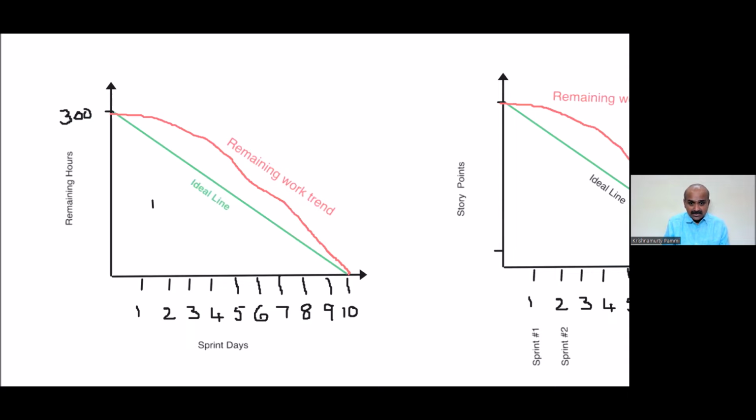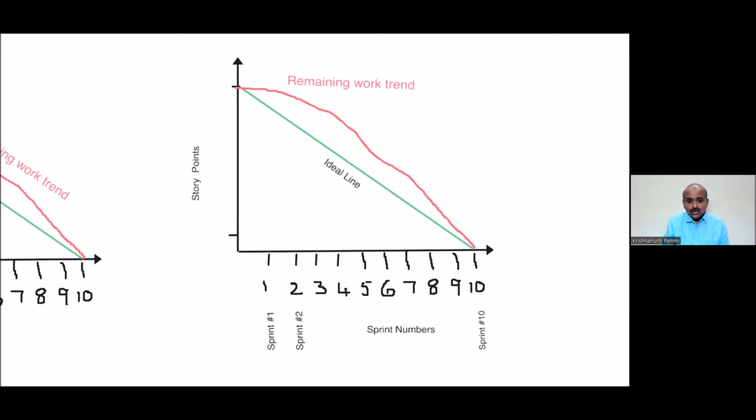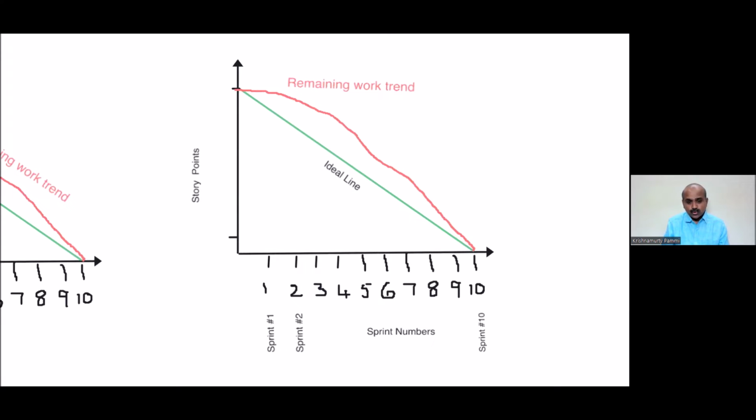the y-axis. But to track total product progress, it may be released, and it may span across multiple releases, right? You wanted to see how the product backlog is coming down over a period of 10 sprints. Then having the trend across sprints in terms of how many story points we are burning makes a lot